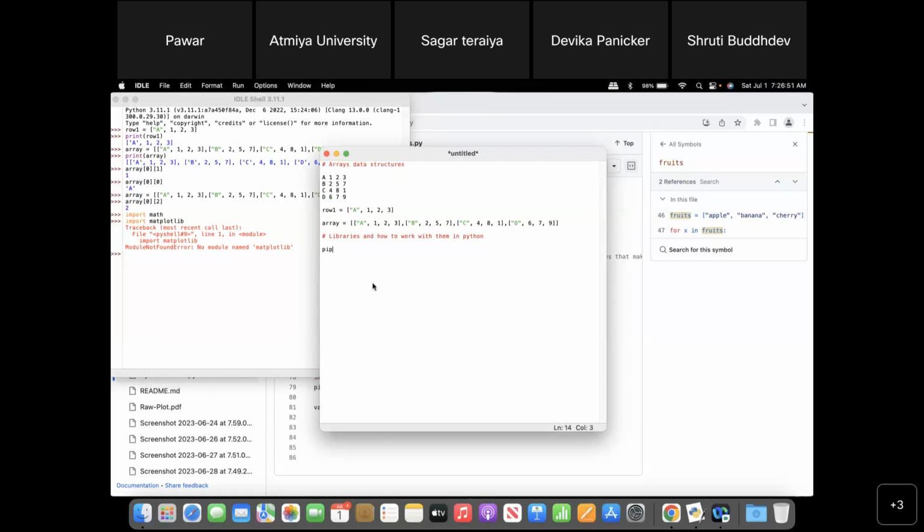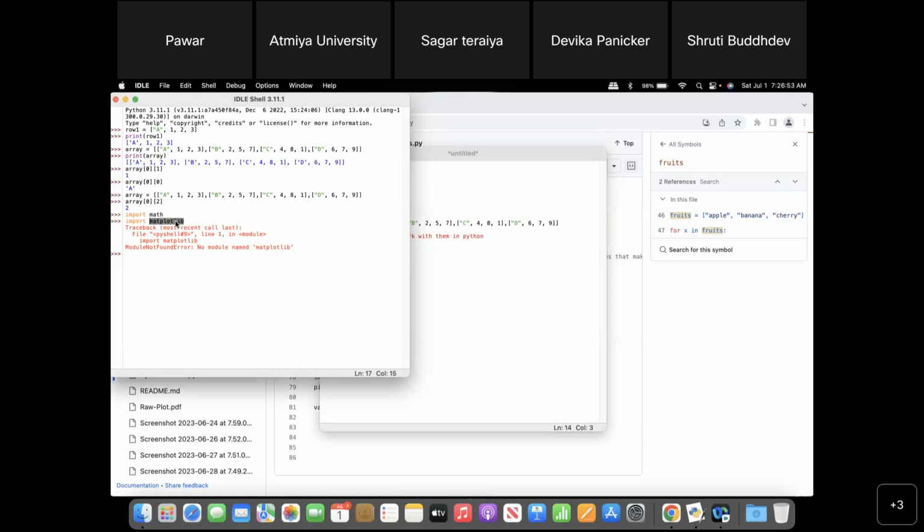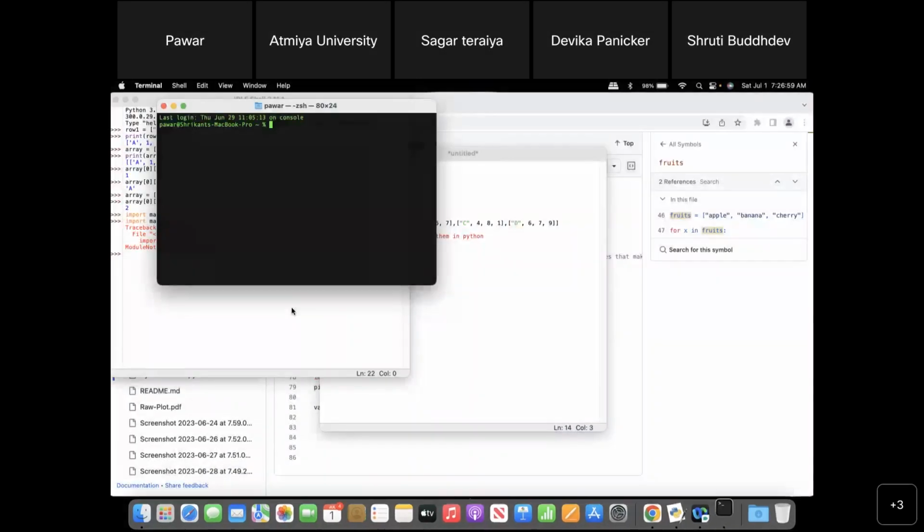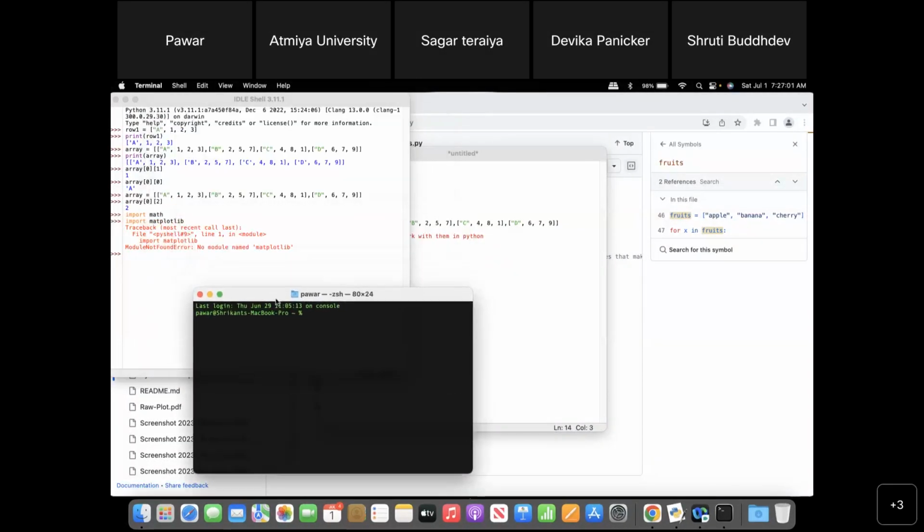So to install any of these libraries, say for example, I want to install a matplotlib library on my MacBook, then I'll just go on to my terminal window, and on the terminal window, I'll just type in pip. Now, the pip installer sometimes works for any Python version, but they have two versions of pip,